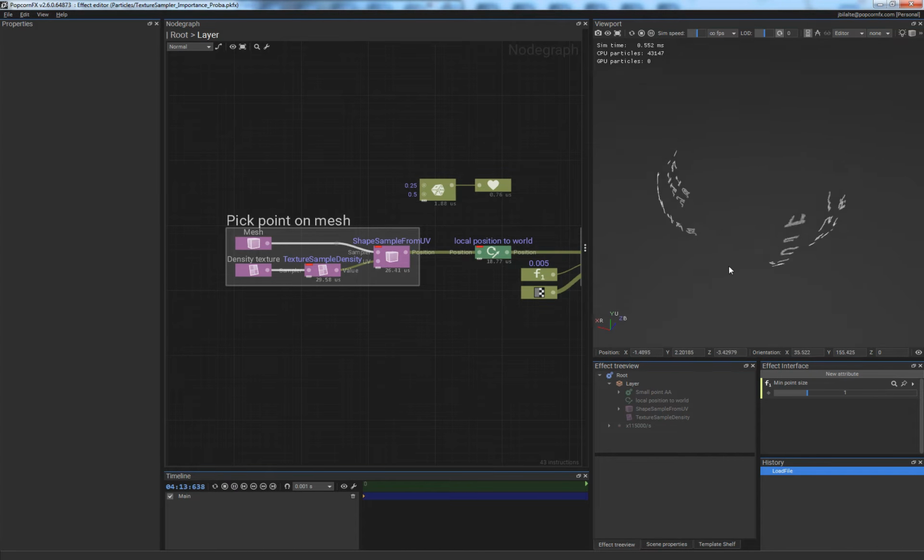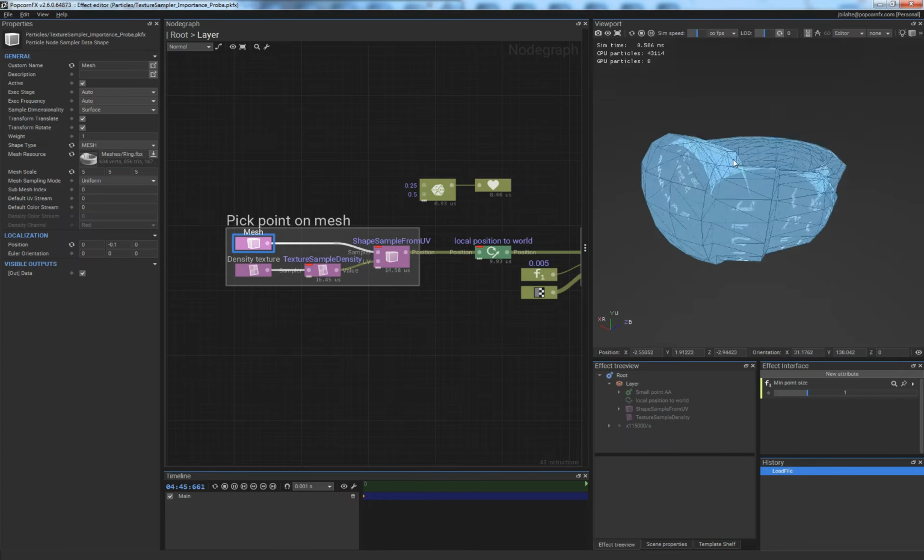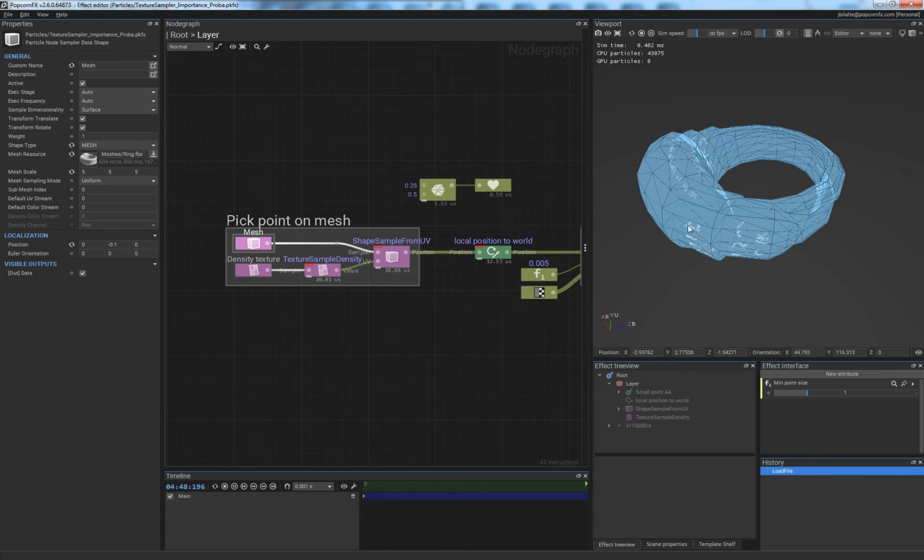And overall, this is very useful for performance, because otherwise you'd have to sample the entire mesh, get the UV on the random point you sampled, then look up the texture and instantly kill that particle if it was falling out of the texture region you want to spawn on. So in that specific case, you'd have to spawn tens or maybe even hundreds of times more particles, because compared to the actual mesh area, the area we are spawning on